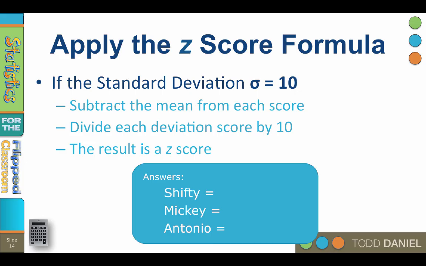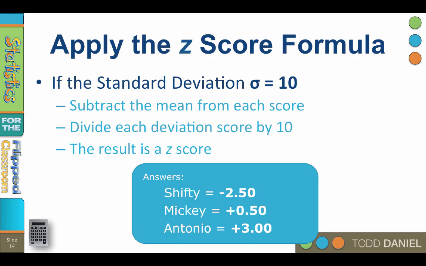With this information, we can divide each deviation score by 10 to compute a z-score. To apply the z-score formula, we first subtract the mean from each raw score, then we divide each deviation score by 10. The result is a z-score. Let's try that now. For Shifty, his z-score is a negative 2.50. Mickey's z-score is a positive 0.50. And the z-score for Antonio is positive